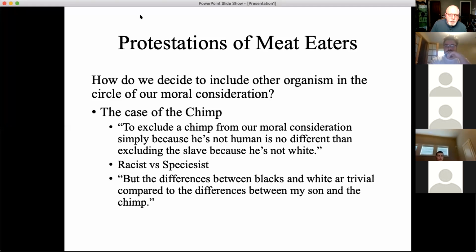You know, he brings up this case of the chimp, and we mentioned it last time. You know, we went through the exercise of kind of thinking about other kinds of organisms and whether or not we would be willing to eat them. And in some cases, you weren't willing to eat them because they were so foreign to you that you couldn't imagine, for example, popping a honeypot ant into your mouth to harvest the sugar that is stored in its abdomen, because that's just such a foreign concept to you.